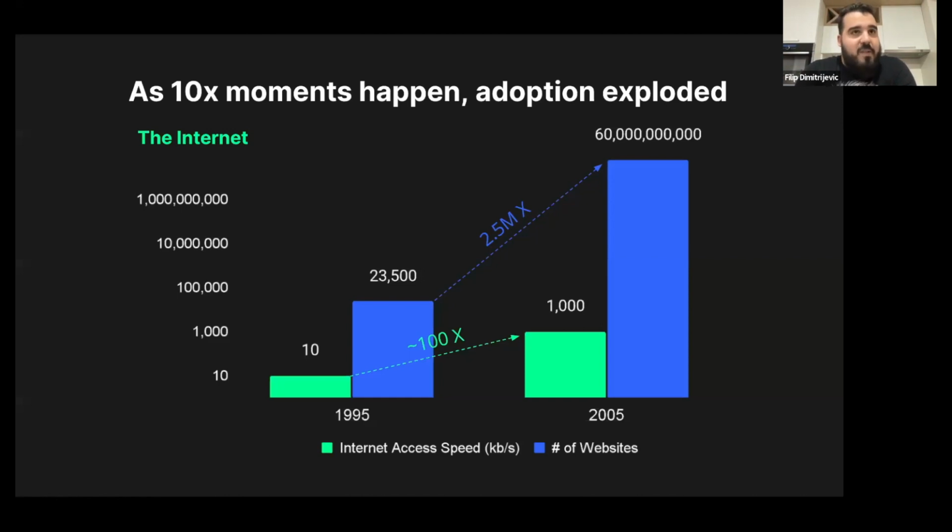I mean, of course, some are spam and non-stationary and abandoned, but there's probably a lot of them that are active. The last information that I saw was that there were somewhere around maybe 2 billion really active websites that people frequent almost all the time. And this all happened because this 10x moment happened, and that made the adoption basically explode. So yeah,